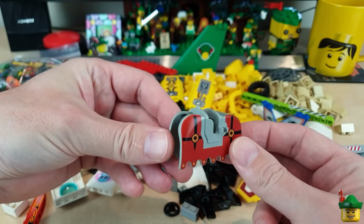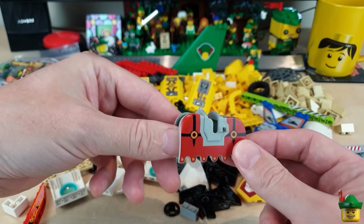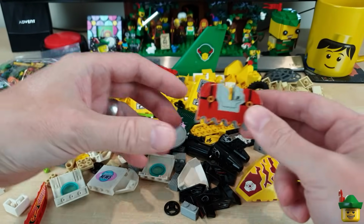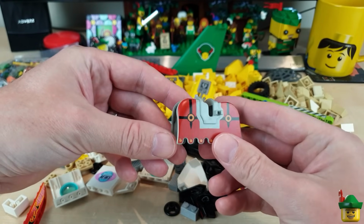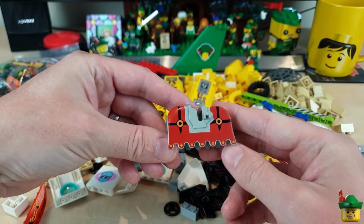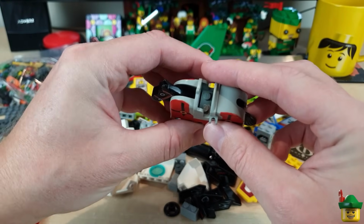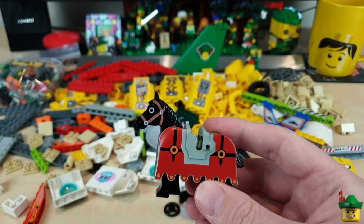So where am I going to use this? Well, in my new castle scene, which isn't Brick Nottingham Castle. A few people have been making comments saying, oh, I don't know where that's going to fit near Brick Nottingham Castle. And I'm going to do another castle scene that's outside the city in a glass cabinet in this room, or if we do a Lego Room 2.0 in there. So anyway, this can go on a black horse, obviously, if it's a Fright Night. And then who better to ride it than